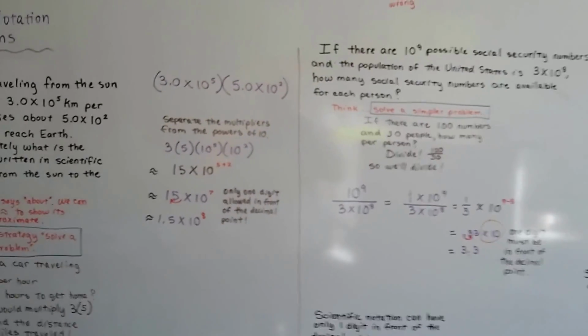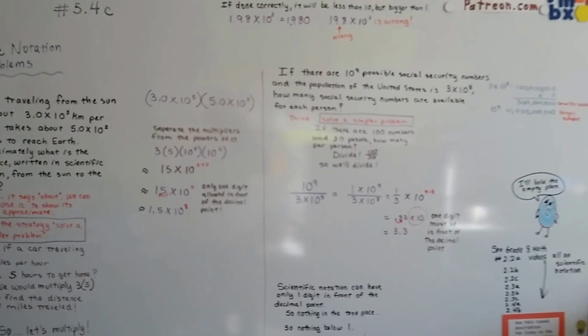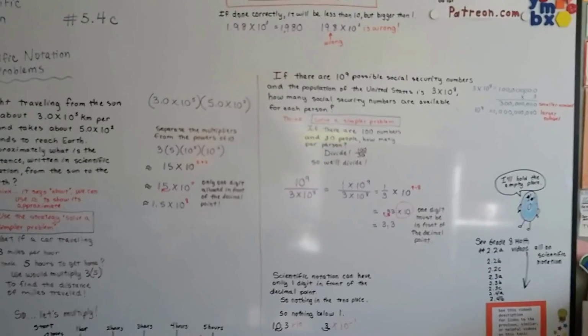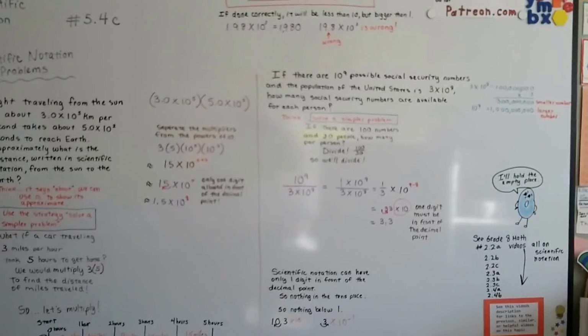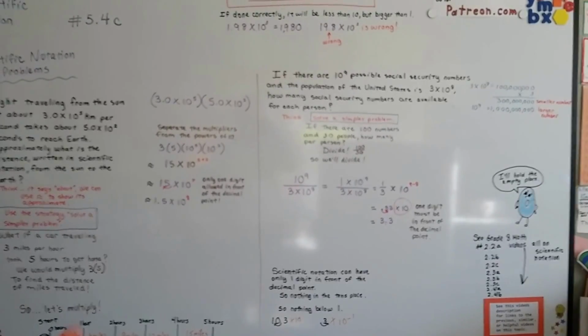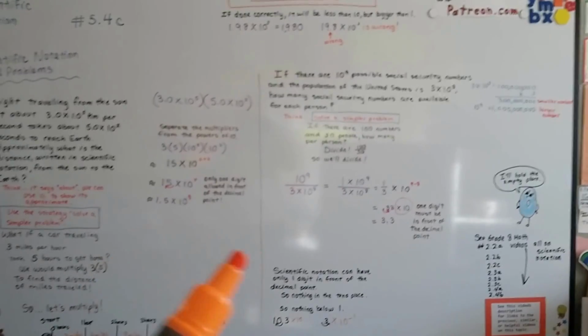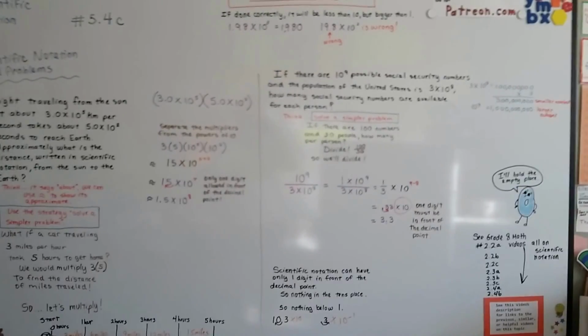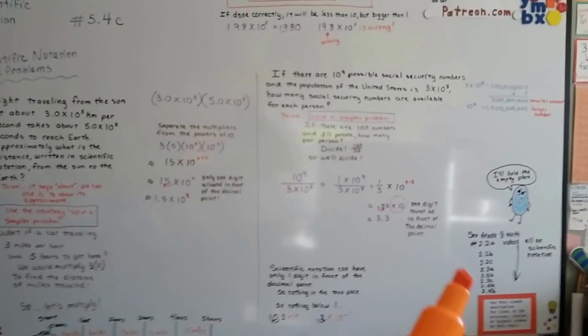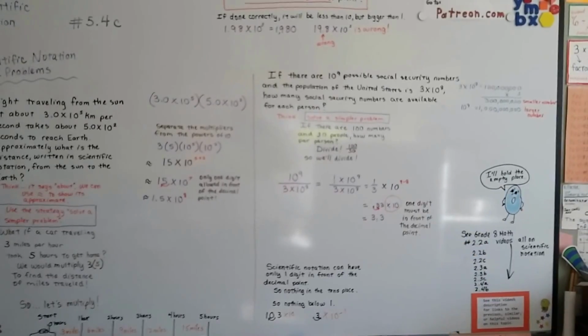All right, so that is scientific notation word problems. I hope these are helping you. I know scientific notation can be very confusing, but you don't want to move on to the next topic until you really understand this, because we're going to be doing exponents a lot in the coming chapters. So you might want to see these videos, and there's a link in